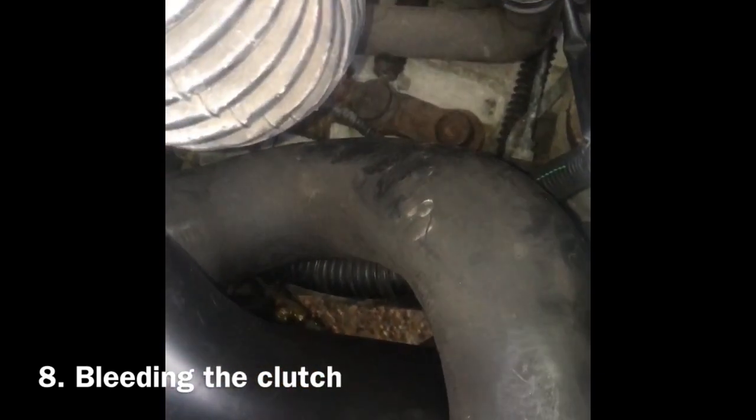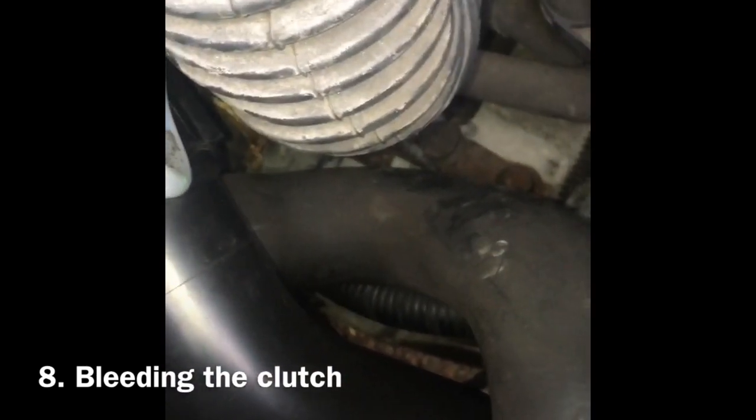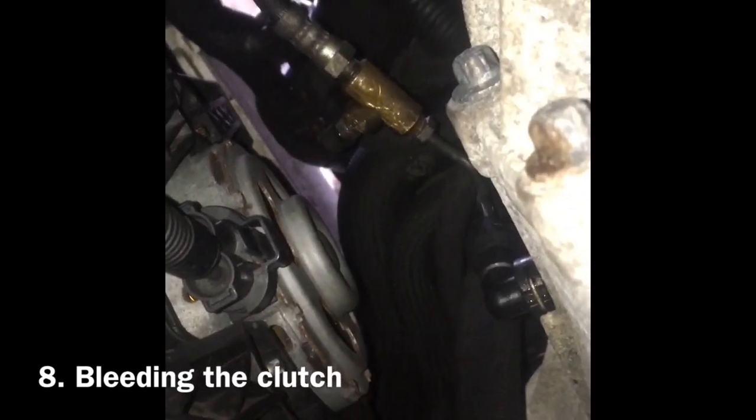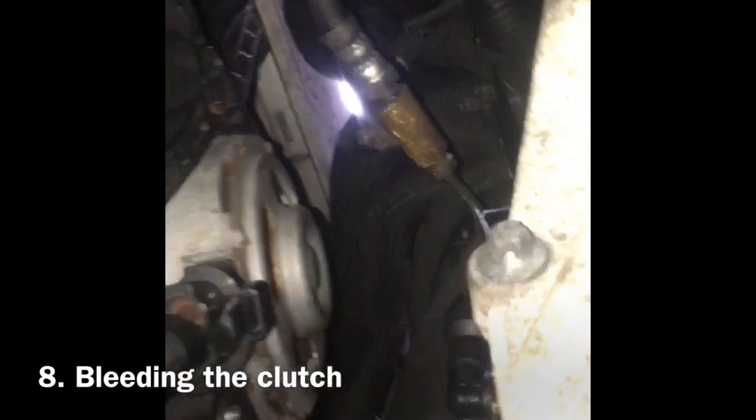But to be honest, there was no benefit for taking all that off, really. What I found a lot easier was to get underneath. I'll show you now. First of all, taking this tray off underneath, and then you can see the bleed nipple quite obviously there. It was tucked around the corner a little bit, but I just pulled it where I needed it to be,